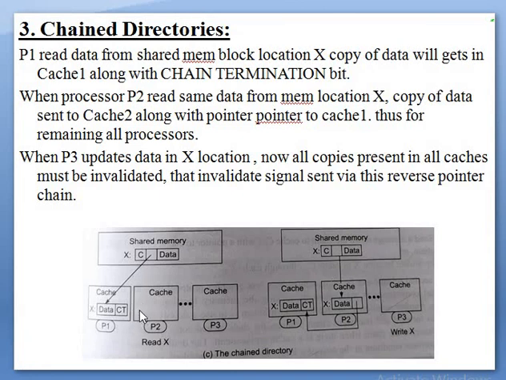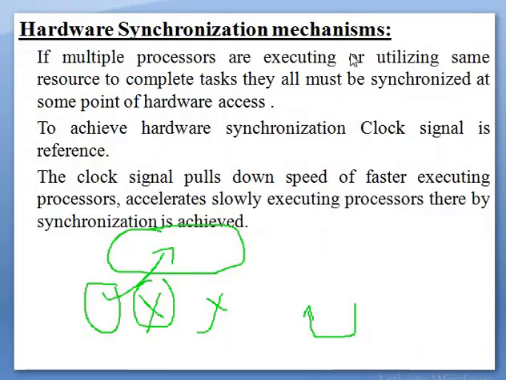Okay, so whenever a process updates the data, the later processors in the chain will lose the data, and the original data is modified and given back. What are the advantages of chained directories? First, we don't have a full mapped block, so it is very small in size. Also, since we are using a pointer based method, it acts very fast. So the advanced method called chained directories is more helpful than the earlier two methods, full mapping and limited directories.